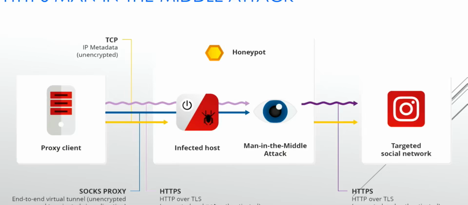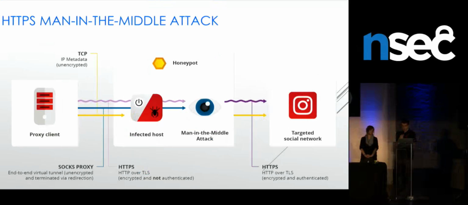And this is why there are 2 colors of purple, because since we terminated the connection, we need to send them our own certificate that we craft on the fly and not the proper social network certificate, which means that they would get certificate errors, but we still had to try it, to see if it would work.